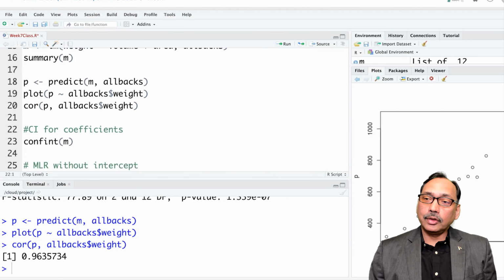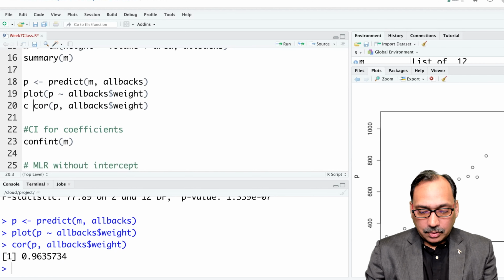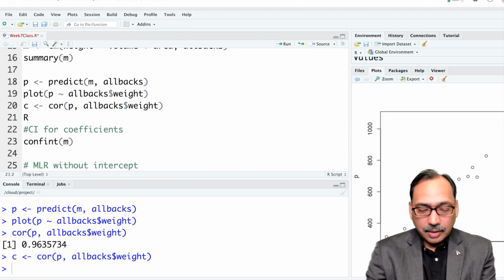That's the correlation coefficient, and when you square it, that becomes your R square. So let me put this in C, and then we can say RSQ, something like that,